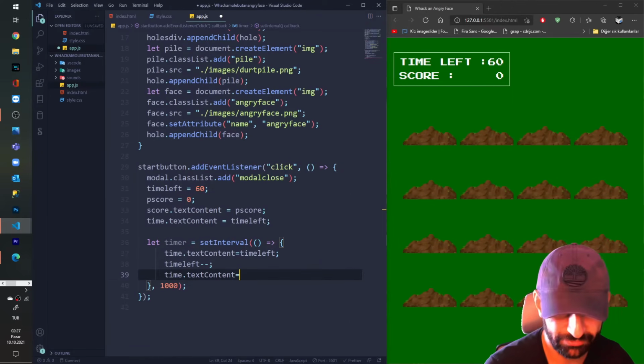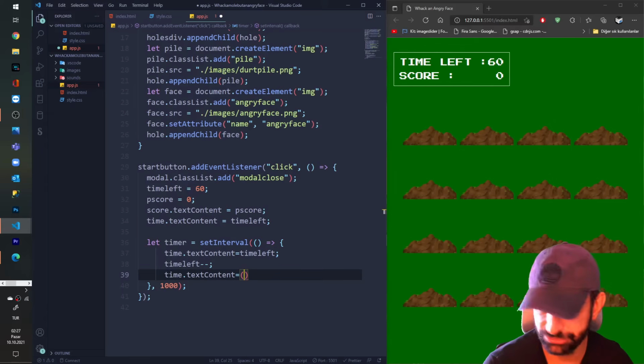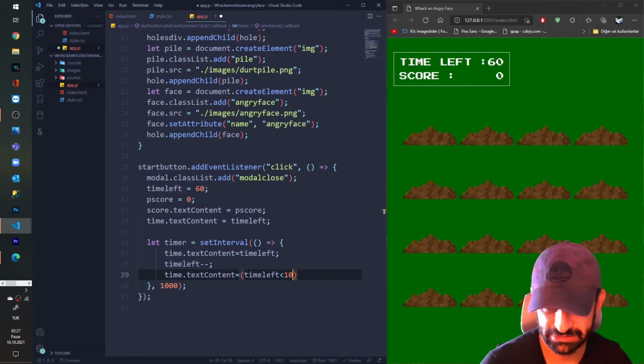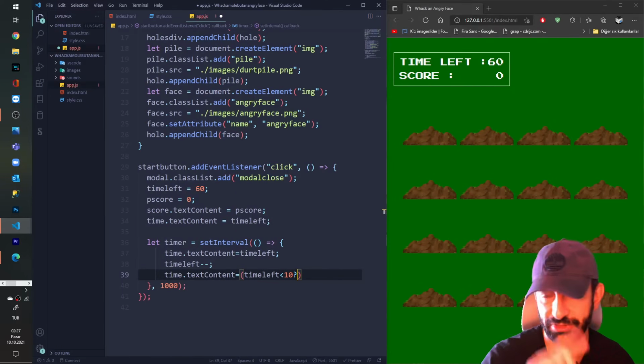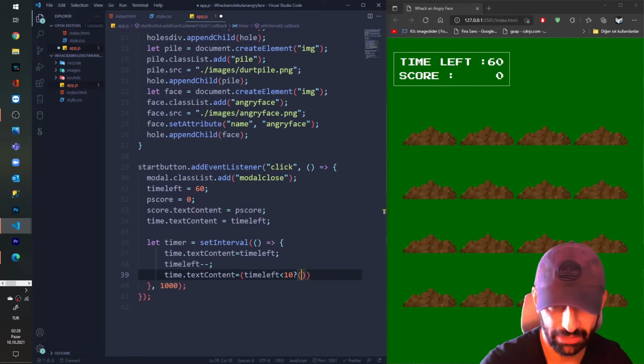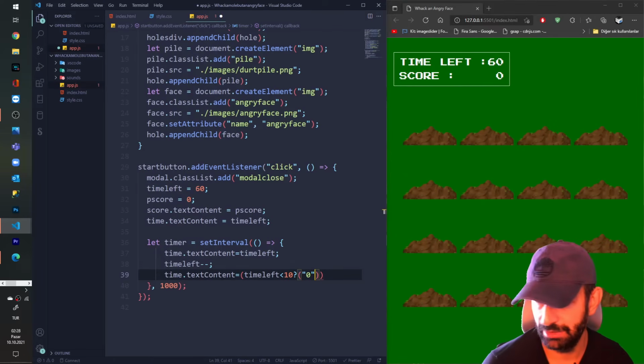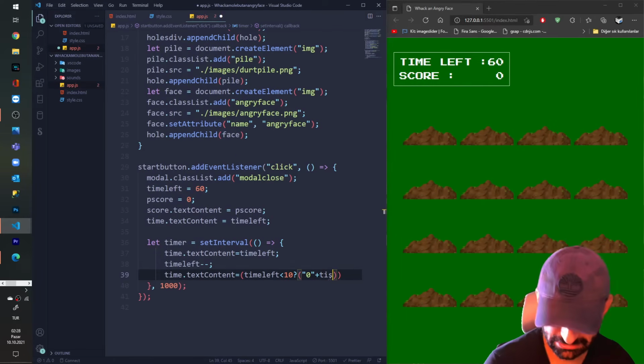I'm gonna make here a slide control. If I say time left is less than 10 seconds, I put the question mark. If it's for example 9 seconds, I want to put a 0 to the left side of the 9, and then I'm gonna append time left.